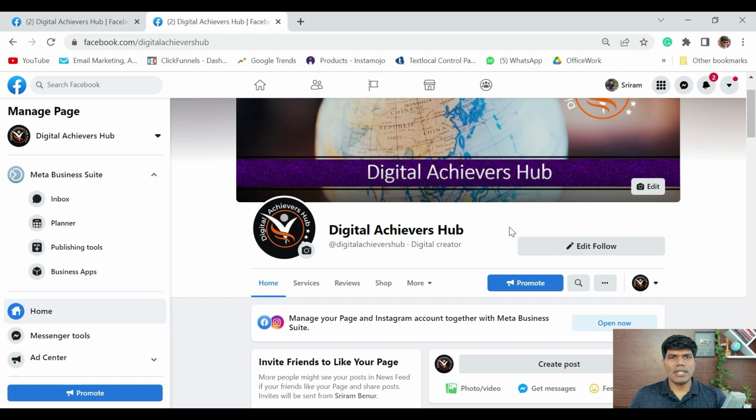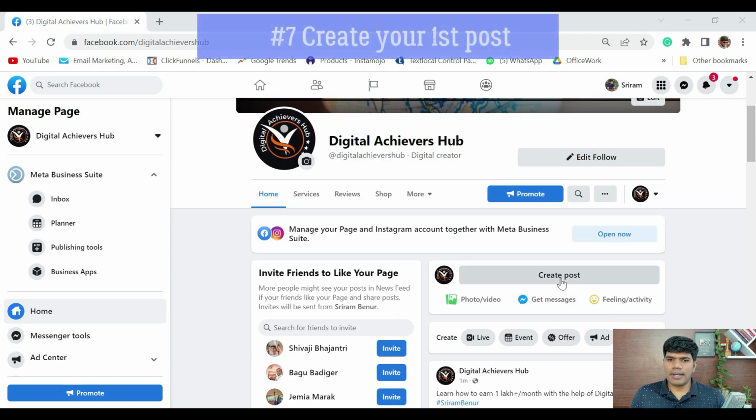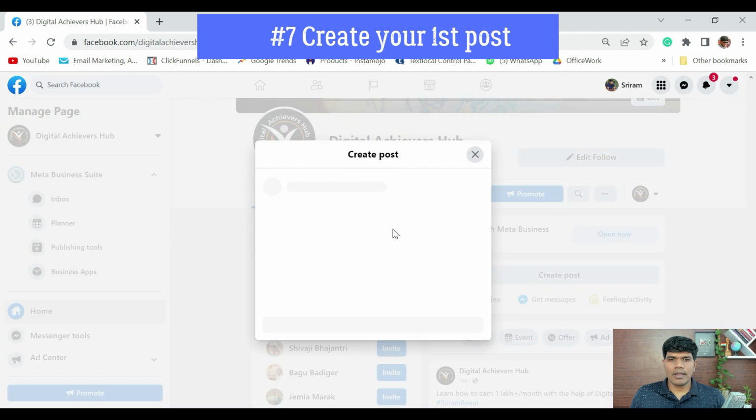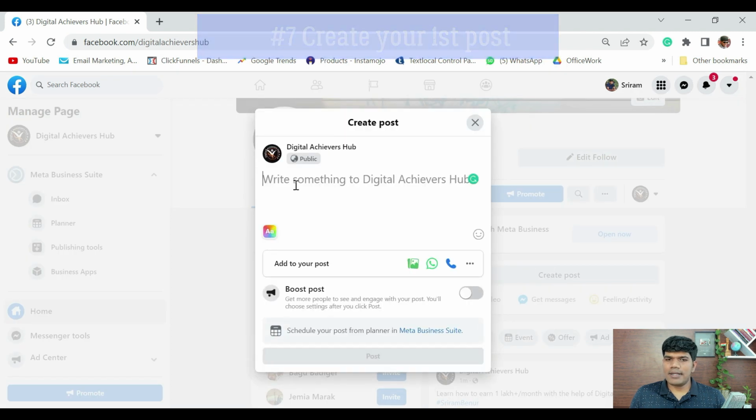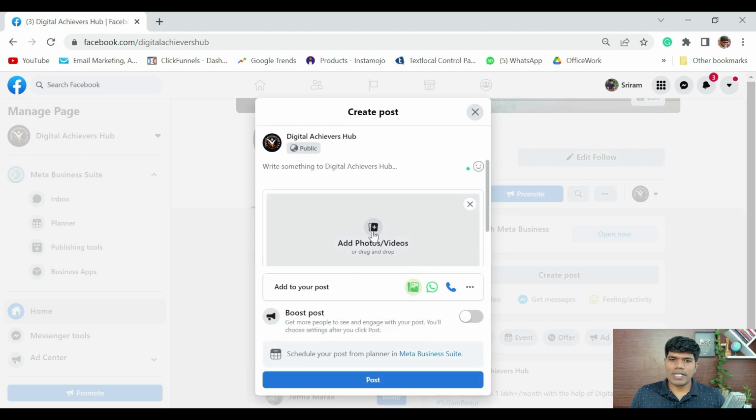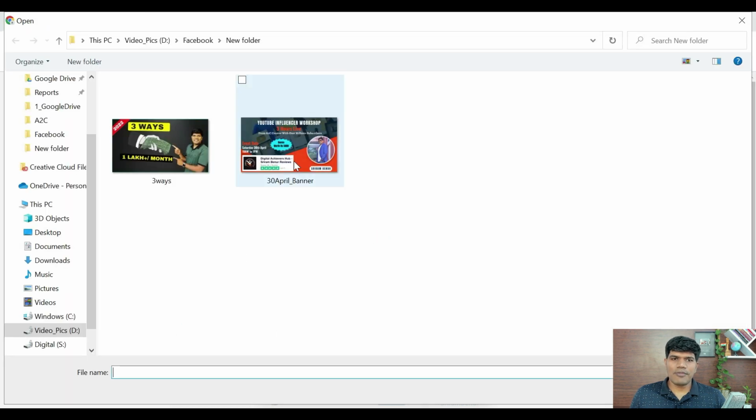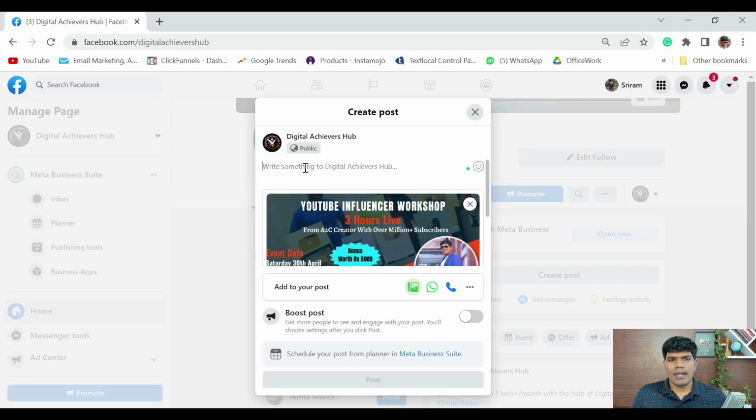Now with that, let's move to the last part, how you can create a post. So just click on Create a Post that you see here. Once you click on that, you can just write the text if you want, or if you want to select a photo or something, you can just click on Photo or Video. Now say for example, I'm going to select a photo here. Say for example, this is something that I'm just going to add. You can just double click to get it selected, and I would say